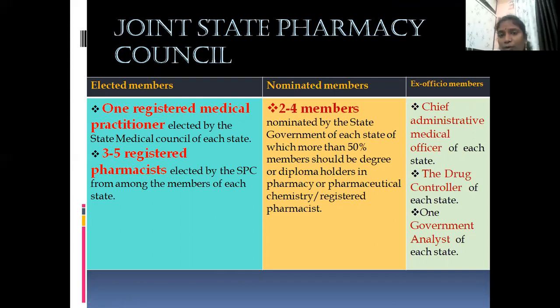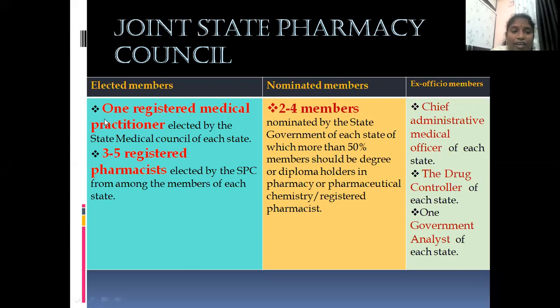Here I will give one example. If you graduated from Telangana state, but you want to open your dispensary or pharmacy in another state, then you have to apply to the Joint Pharmacy Council. The Joint Pharmacy Council is nothing but the nearby states only. If you are registered by this Joint Pharmacy Council, then they can dispense their medicines, or they can pursue their studies in another state also.